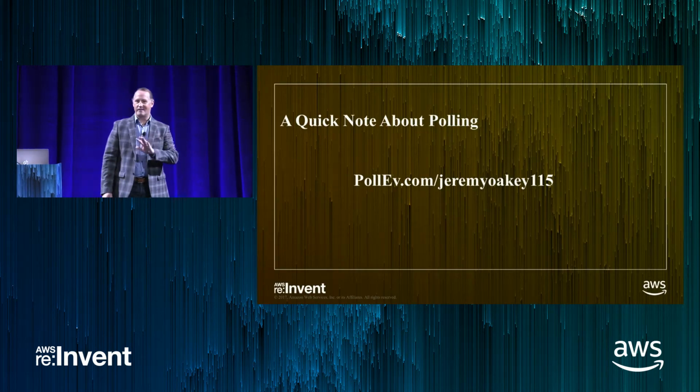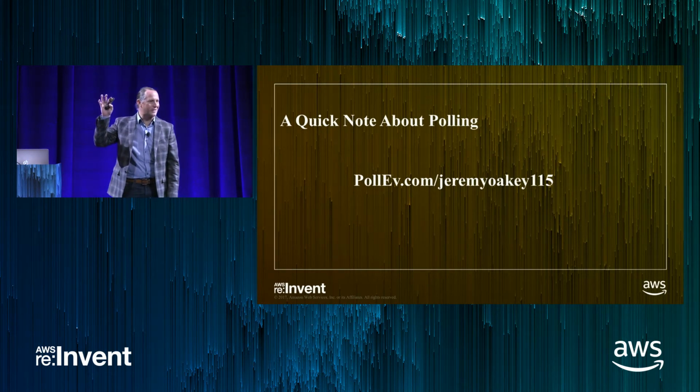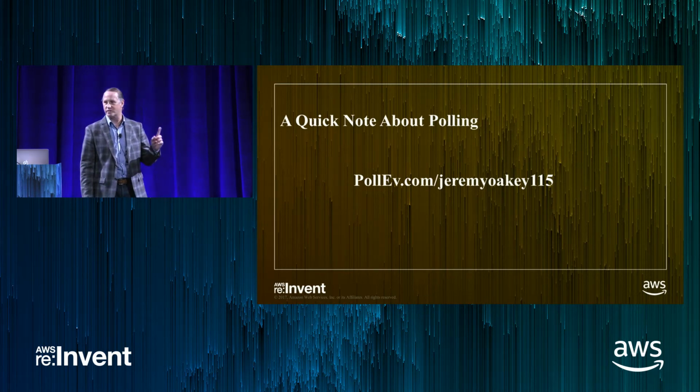So I asked you guys a kind of low-tech polling question earlier, and some people maybe didn't raise your hand because you didn't want to admit it was your first re:Invent. We're going to be high-tech the rest of it. I've got a couple polling questions. If you want to participate, it will ask you your name, but you can skip it if you want. I'm actually not showing anyone's name. It's just going to be multiple choice, A, B, C.